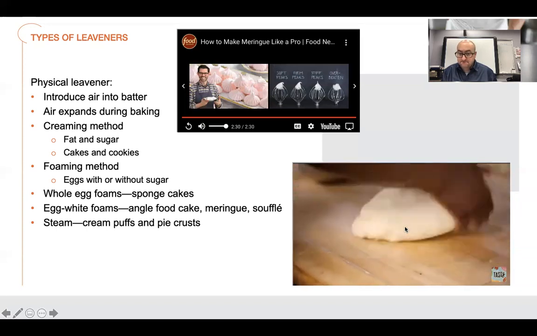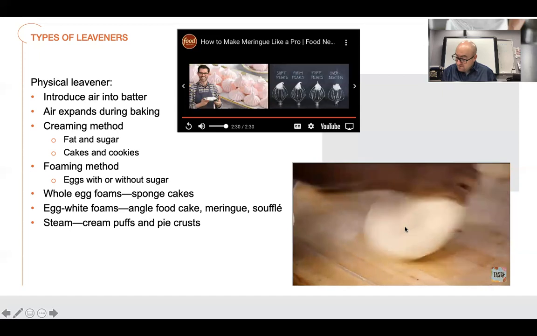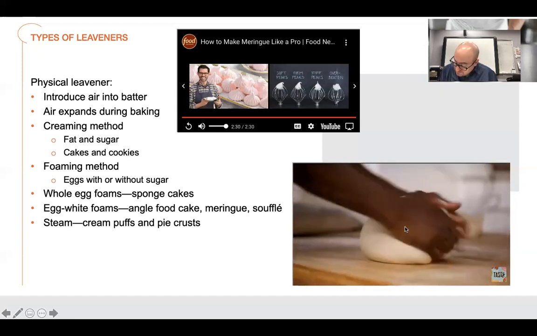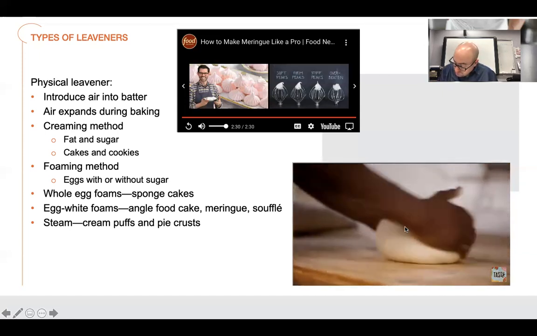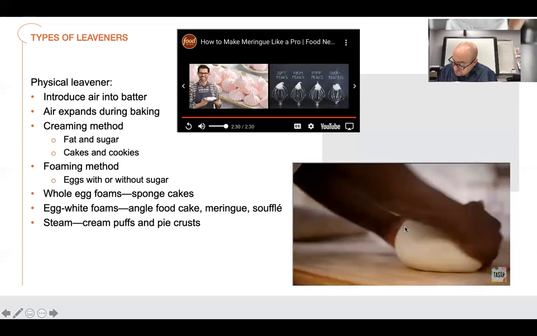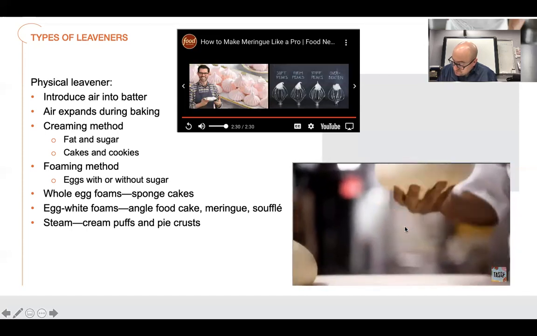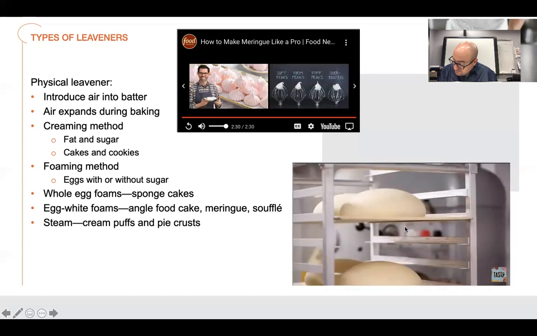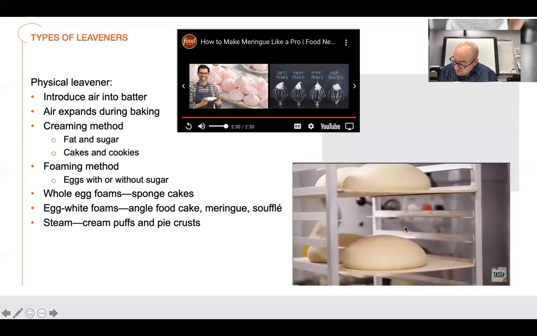In order to pre-shape it, you want to make sure you're gentle with the dough. You want to fold it under itself without damaging it too much. That dough has to have that stretch and that shine. When we talk about letting the dough proof or rest, you'll also see about a doubling in the size of